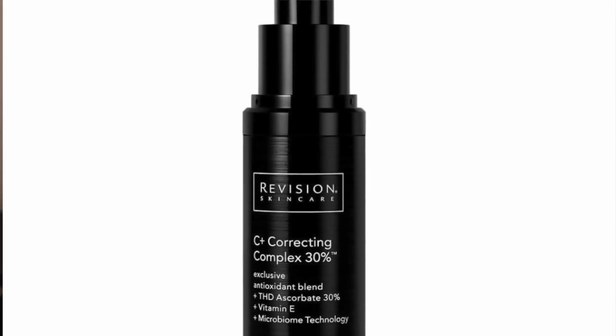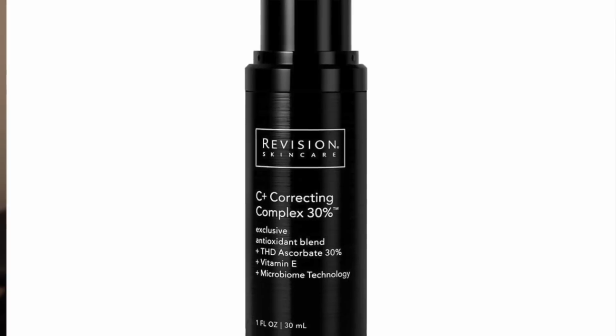But I still want to use products that are really potent. I just don't want to use products that are going to cause irritation. This is the Revision Skincare C+ Correcting Complex 30%. This is one of my all-time favorite